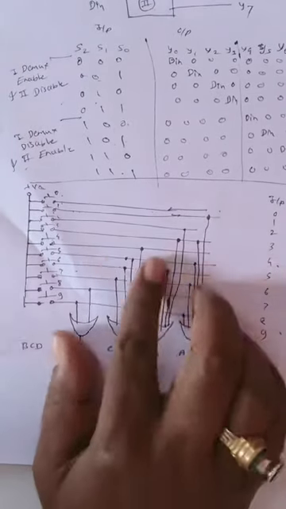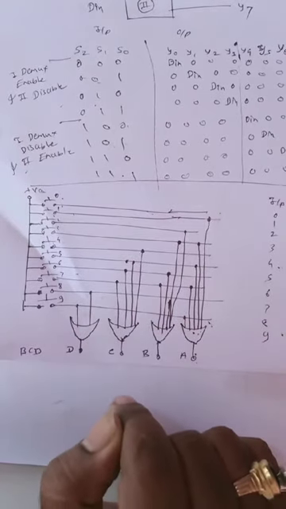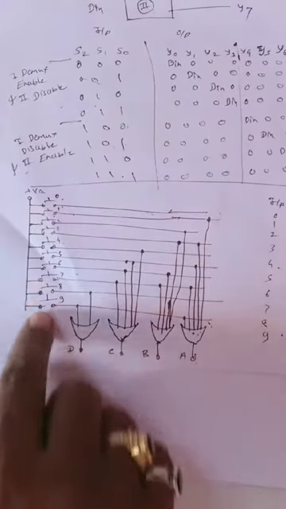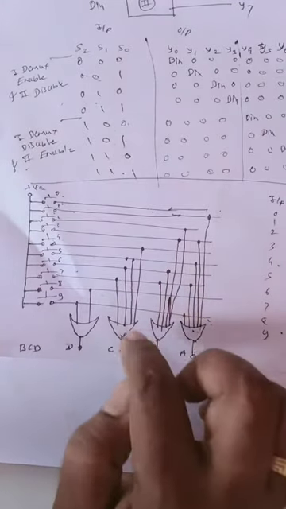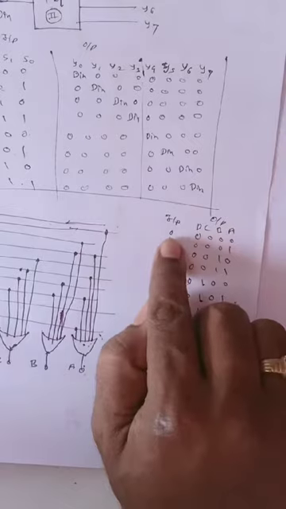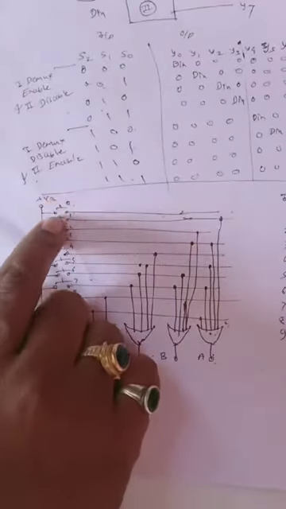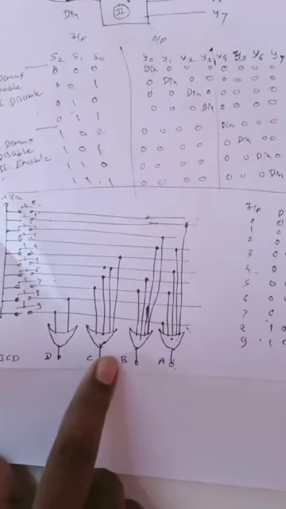Last time we saw this. This is an encoder. Encoder means what? If you press any human-known language key, 0 to 9, it converts into its equivalent code. We also saw how to make the connection between these lines and the OR gate inputs. If you press the 0 key, we get the 0000 output, because when we press 0, no input is connected to the OR gate.